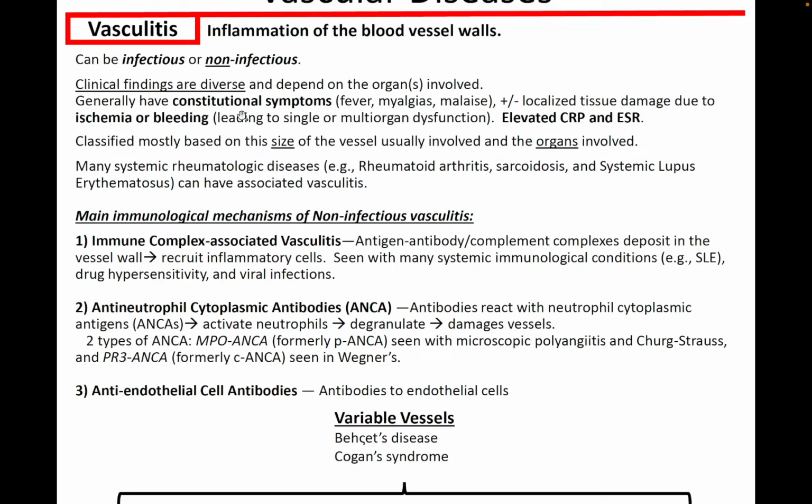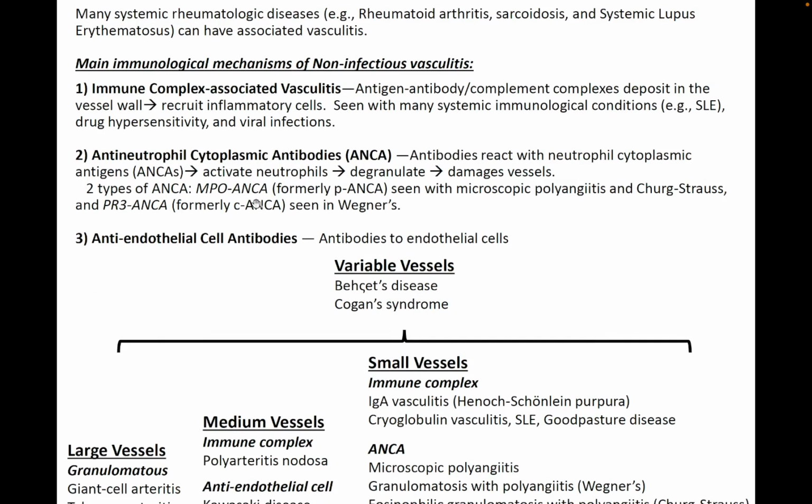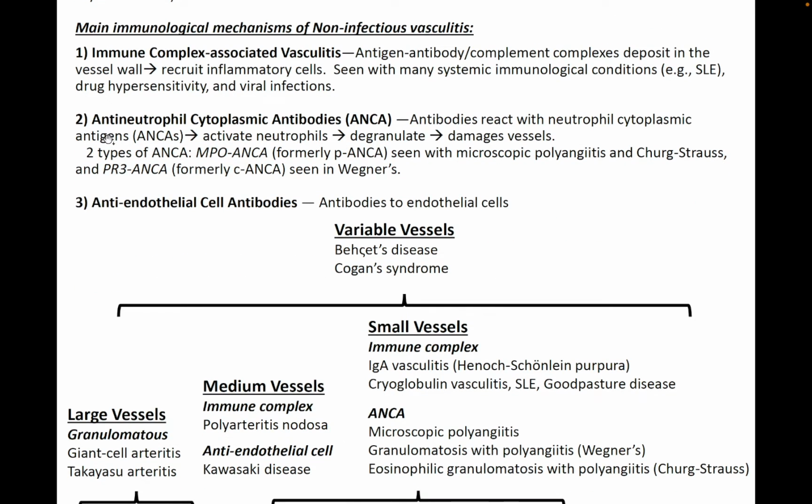There are many systemic rheumatologic diseases such as rheumatoid arthritis, sarcoidosis, and lupus that can have associated vasculitis. And the main immunological mechanisms of non-infectious vasculitis are as listed below. So the three main categories of the mechanisms are immune complex associated vasculitis, anti-neutrophil cytoplasmic antibodies or ANCA, and anti-endothelial